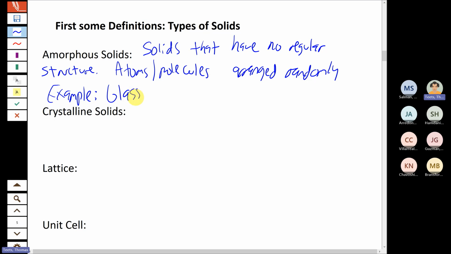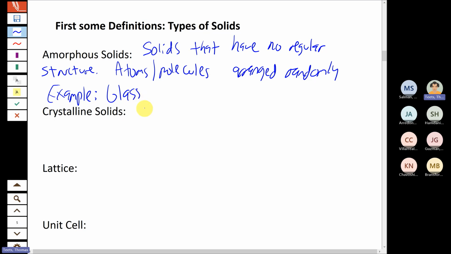So glass, there's different types of glass, but most of it is SiO2, silicon dioxide. But the silicon and oxygen atoms that make that up, there's no regular pattern to them. They're kind of just all randomly interconnected with each other, and there's no way to really clearly define the structure. The type that we will talk a lot about in this part of the course are called crystalline